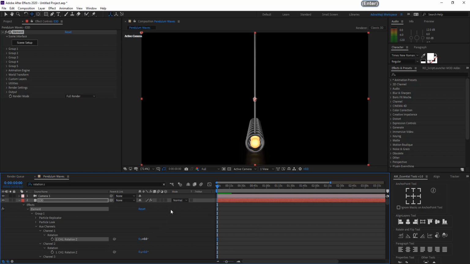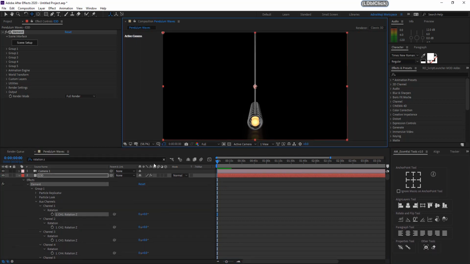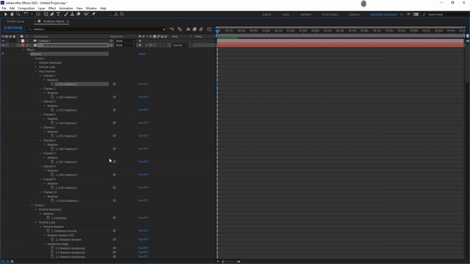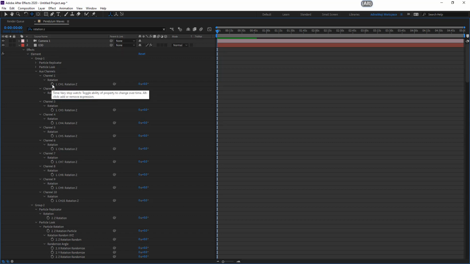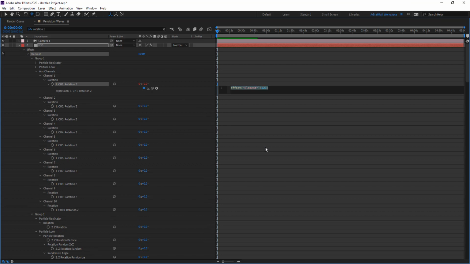We need to apply an expression to each Z rotation. So I'm going to expand this by pressing the tilde key. We just need the group 1 auxiliary 10 channels, so press and hold the Alt button. Now type exactly as I say. We need a 30 degree rotation, right?